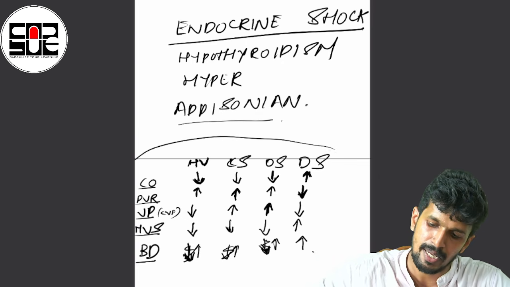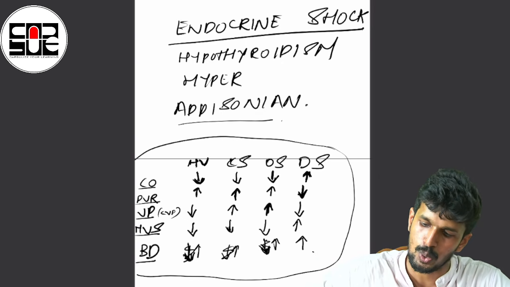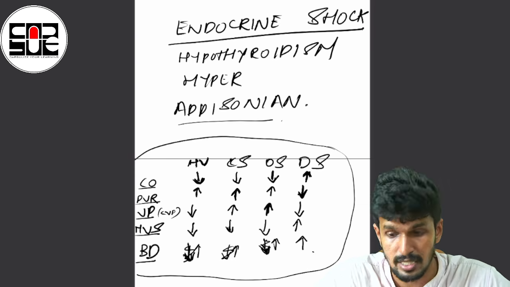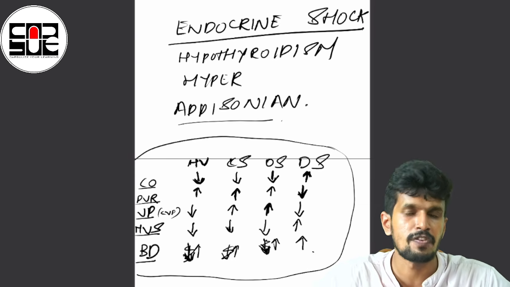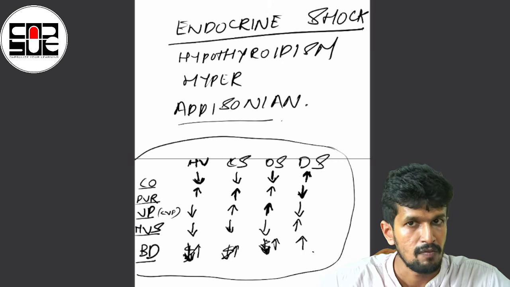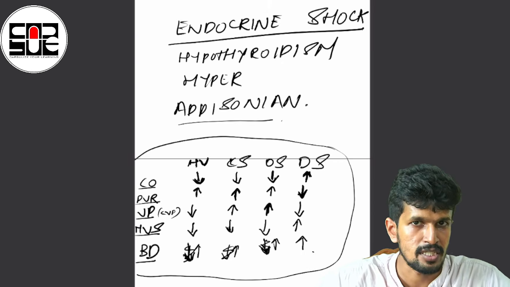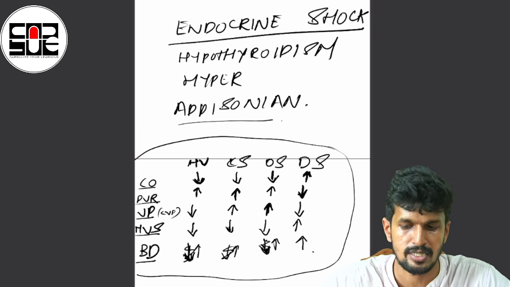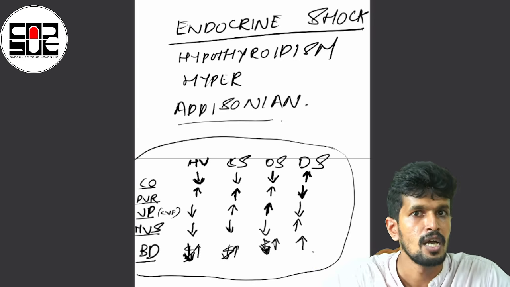This is a basic box showing the cardiovascular and metabolic characteristics of 4 types of shock, to differentiate between all these types of shock. With this, I think we'll conclude about this session, and all these topics should be dealt in detail to understand more about all these different topics. Thank you.